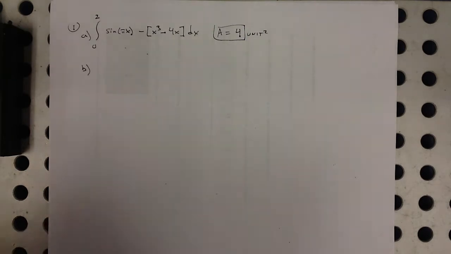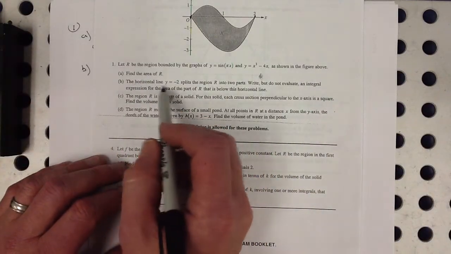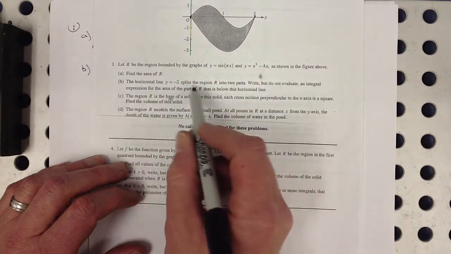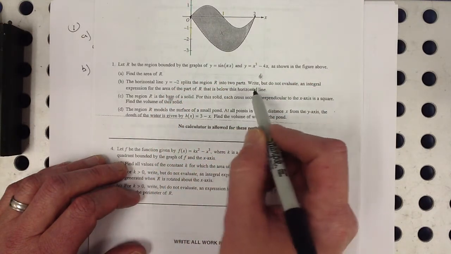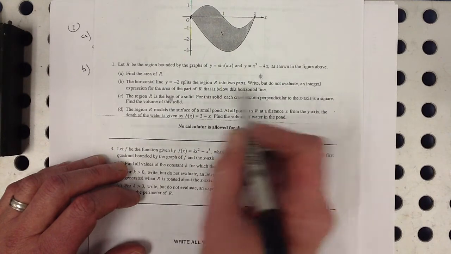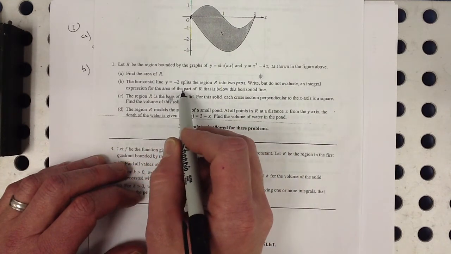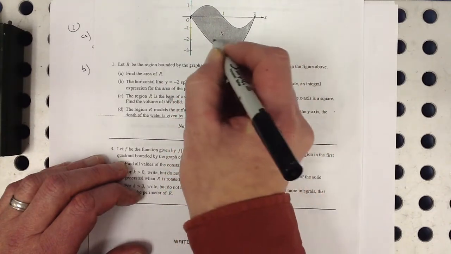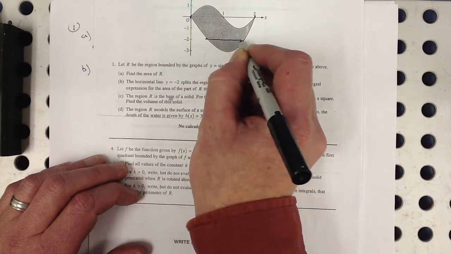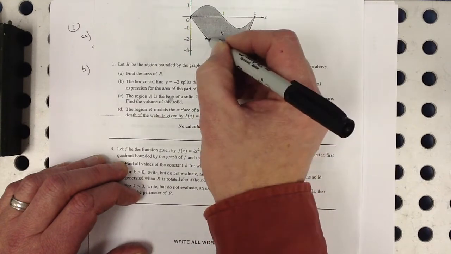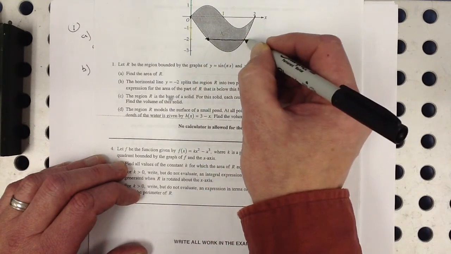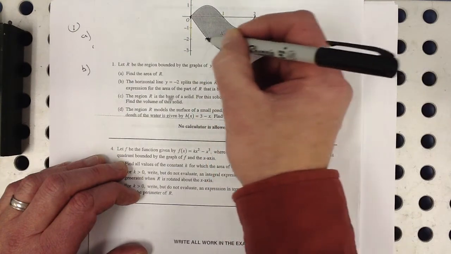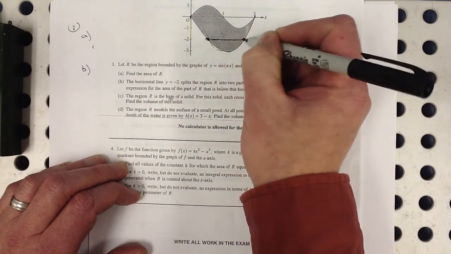Now, in part B, we have a horizontal line, y equals -2, splits the region R into 2 parts. They want us to write, but not to evaluate, an integral expression for the area of the part of R that is below this horizontal line. So, that part right there. Well, I think now I need to find these intersection points and then find the area of that minus this,